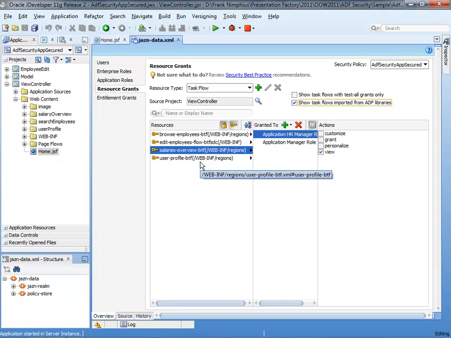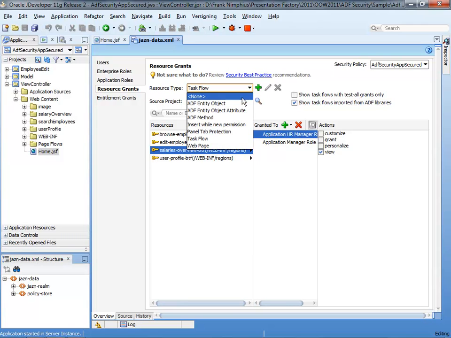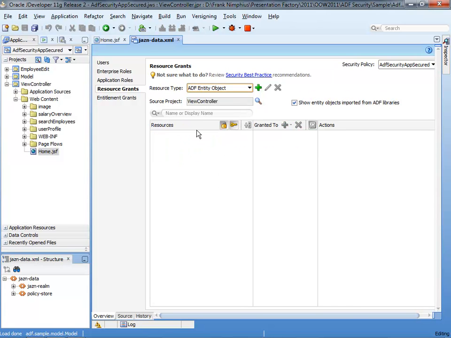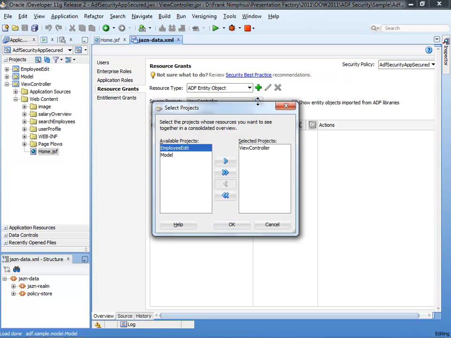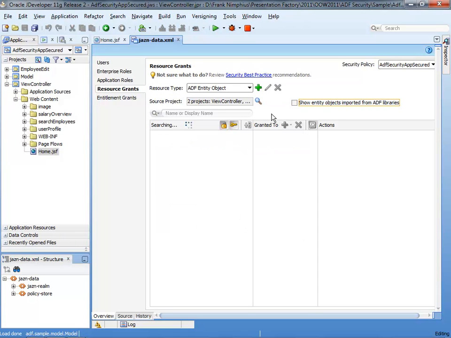Yeah, and then whatever is in the library I can protect in the context of my application. I cannot use ADF security artifacts in an ADF library deployed task flow, so I have to first add the task flow to my application, and then I can grant permission to it. Similarly, I can grant permission to entity objects or entity attributes, and as you see, nothing, and the reason is that the source project is still set to view controller. So let's move the model layer to it,